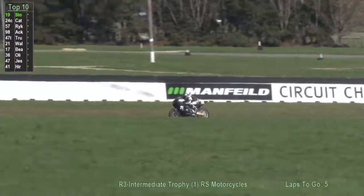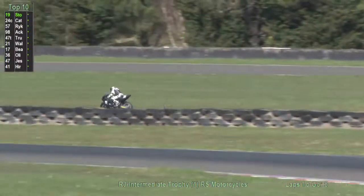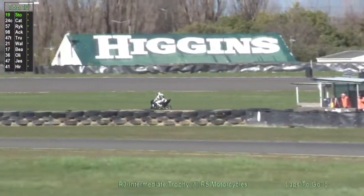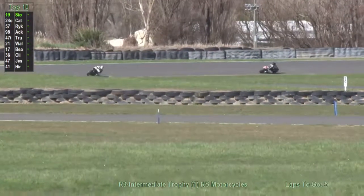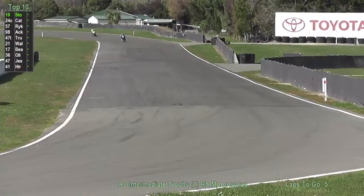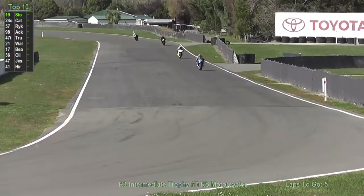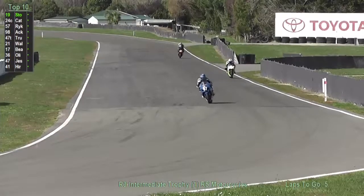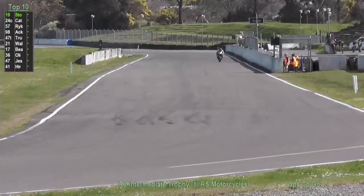So Richard Martin Barrett's coming down the back straight now. It does look very much like, yes, Roger Cathro is catching very, very quickly, so unless something's happened. Yes, Richard Martin Barrett's pulling out of the lead. He's pulling into the pit, so he's clearly got a bike problem. And now taking over the lead is Roger Cathro,